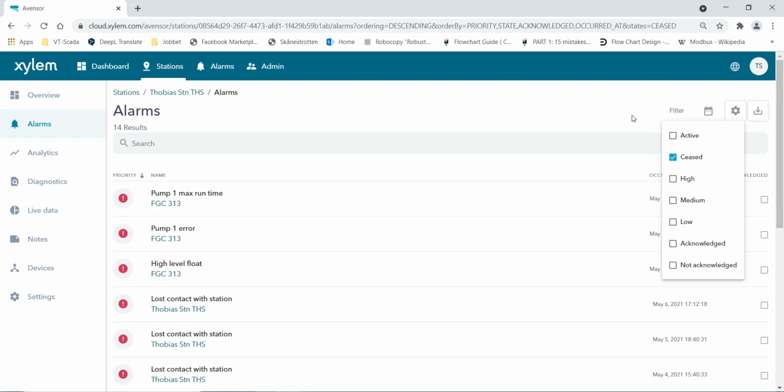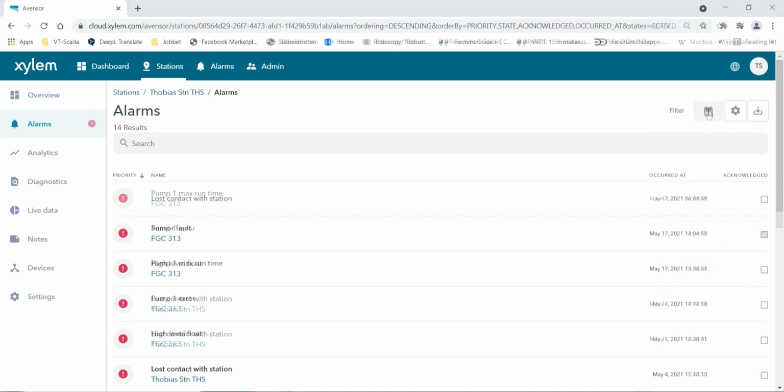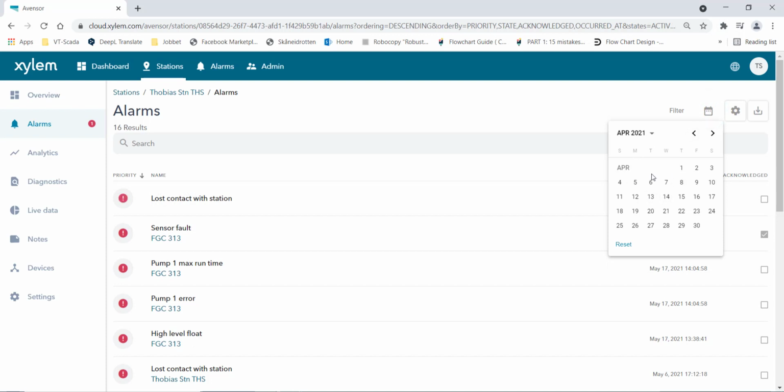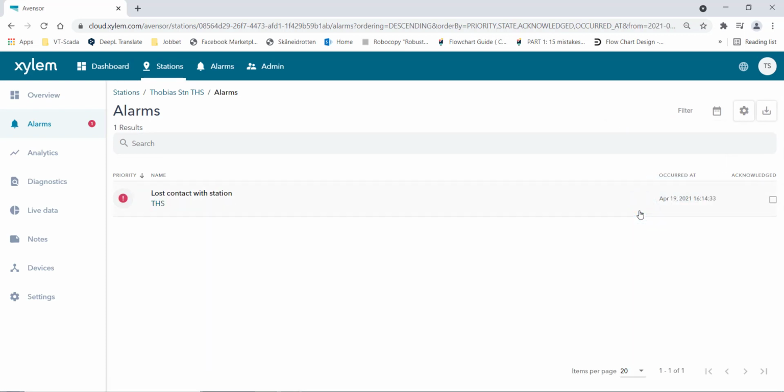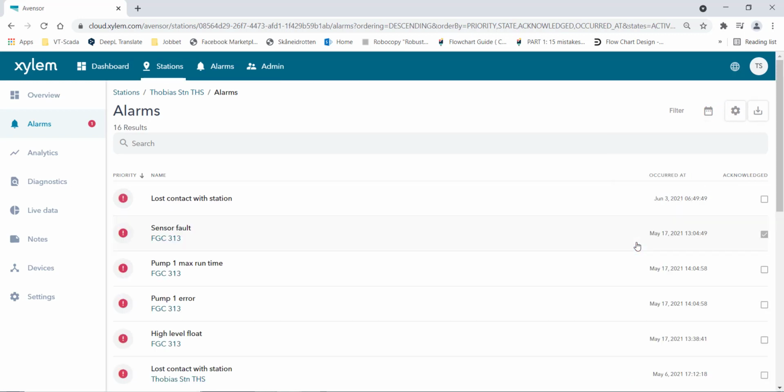If you want to filter on a specific day, you first press the filter function, as we have here, and then you press the calendar. Because when you click it, this pops up, and you will have to choose your start date and your stop date. And then it will filter on that. If you want to go back to normal, you press it again and you press reset. You have to use start date first and then end date.